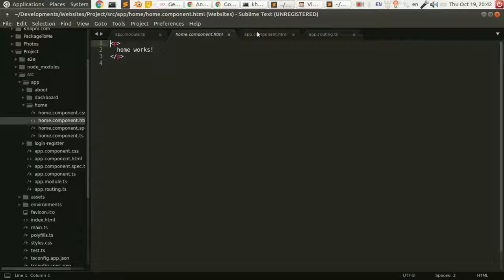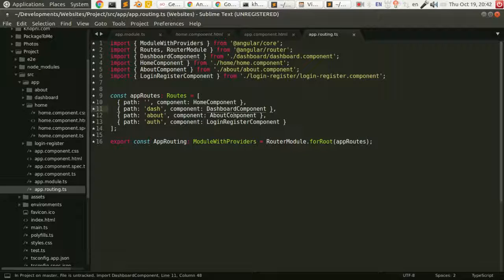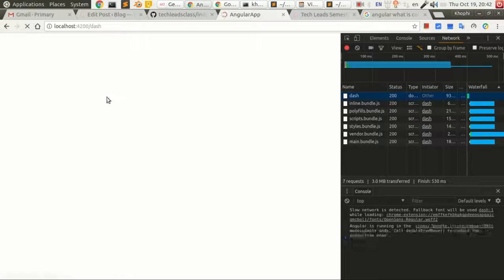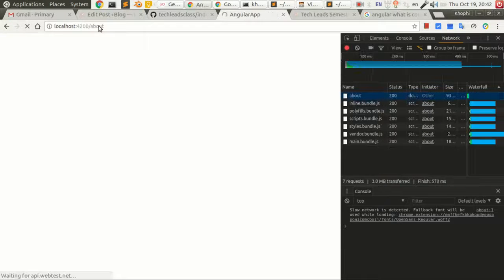This is the home, and so when Angular saw this route, this means that is the root page of our application, which is this. When I add in dash, it's going to load in the dashboard works. The about is going to do the same thing,